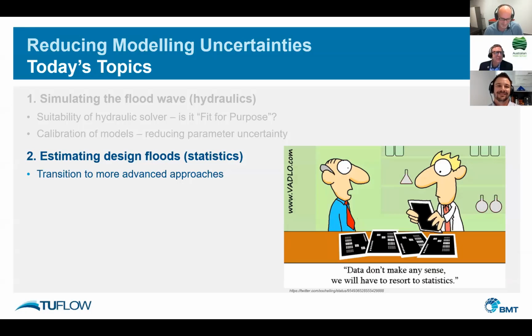Yeah, good. Well, the primary ones, of course, you typically fine tune. You often have a good idea with something like Manning's N. If you do have sharp bends, high velocities, or a structure where you're getting a lot of flow expanding, that is where you tend to lose most of your energy. Then you need to apply energy losses. In a 1D system, you use, for example, your inlet and outlet losses on a structure. In a 2D system, it will actually simulate some of those. So if you apply any energy losses or form losses, as Chris just said, you would have to be a bit conscious about the values that you're using.